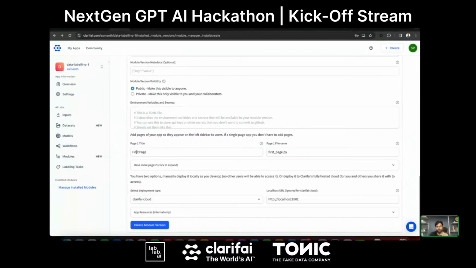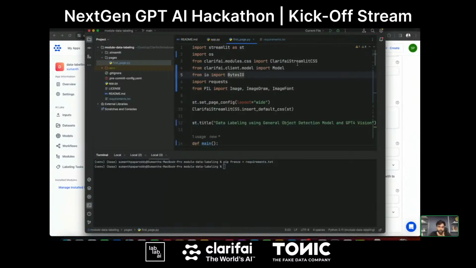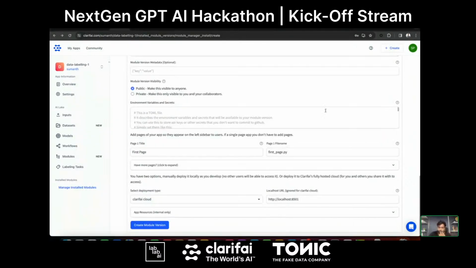And then obviously I am defining the pages. You can see I have the title first page. You can define whatever you want, like the page name that you want. I'm just making it default, and here I'm passing my file name first_page.py. So I just worked on my first_page.py file. If you worked in your app.py file, you can specify that instead. Maybe instead of this, you can specify app.py or any other file that you worked on, you can give that name. So I just gave my page title and my file name.